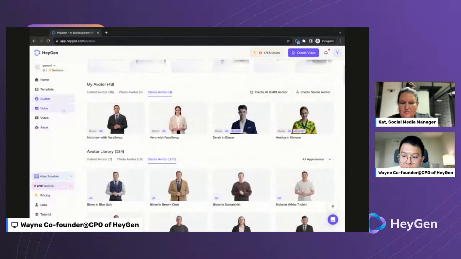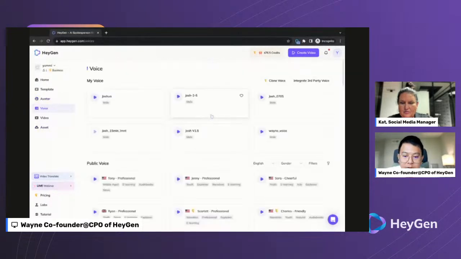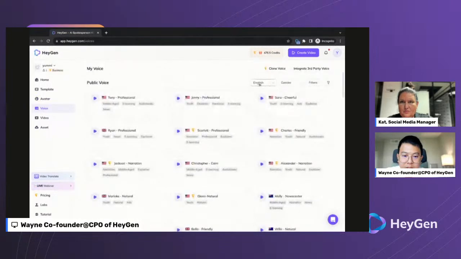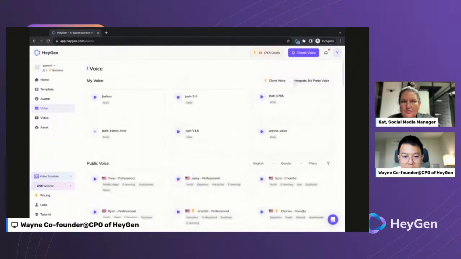One thing with avatars is the voices. We offer a huge library of voices covering almost 50 languages. I think we have over 400 pre-made AI voices right now across this many languages and different genders, so feel free to utilize that. We also offer voice clone, if you wish to either clone a voice with us or integrate your third-party voices. With these two, you'll be able to create an avatar of yourself, either from the lowest, zero cost point of view, or from the highest standard, right?